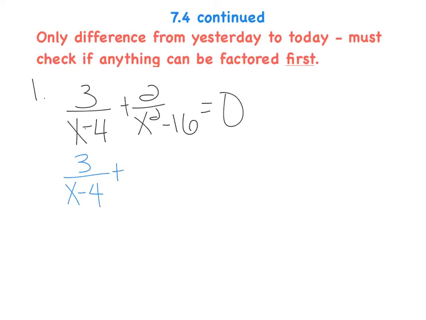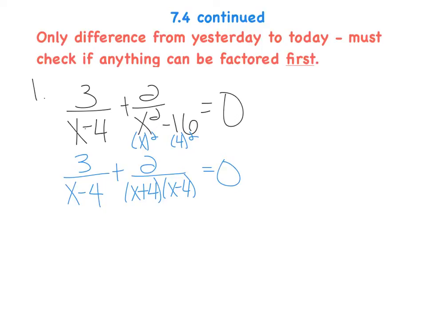Now, this second term here, the 2, can't change much with the 2. But this x squared minus 16, hopefully you notice I have two terms. I have a difference of squares. I have x squared and 4 squared. That can be factored into x plus 4, x minus 4. So notice now I have nothing else that can be factored,